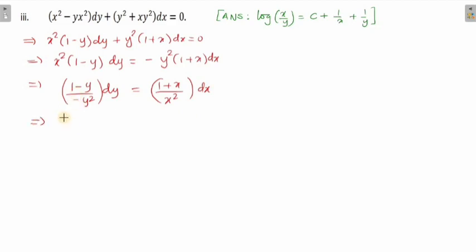So when you open this, you get minus 1 by y square dy. Minus and minus get cancelled, so y by y square is 1 by y dy is equal to, similarly you get 1 by x square dx out here, plus you get 1 by x dx. Okay, integrating both sides,